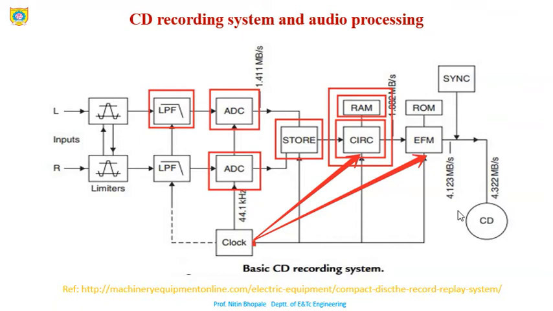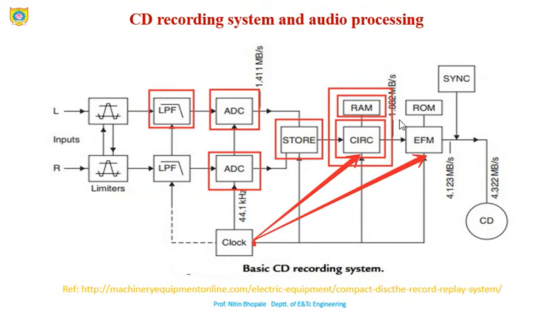Now we discuss the 8 to 14 modulation. Why is it there? Because whatever encoding we have done with the help of the CIRC, there may be a sequence of consecutive zeros or consecutive ones. But if there is an immediate change in value, like 0 to 1, 1 to 0, this kind of value may provide a pitch error, and it is also tedious for the motor to vary its speed to write contents on the CD.